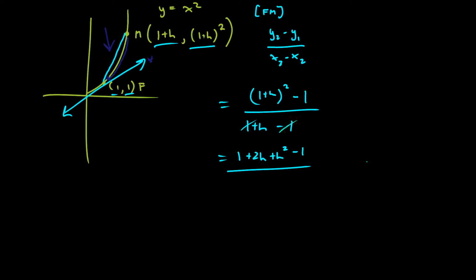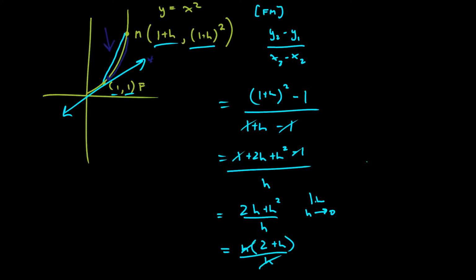we can go ahead and cancel these out, and so we're left with just h. Also, our 1's cancel out, so we have 2h plus h squared over h. Let's factor out an h, and we're left with 2 plus h. This is helpful because then we can cancel out this h, and we're left with the limit as h approaches 0,